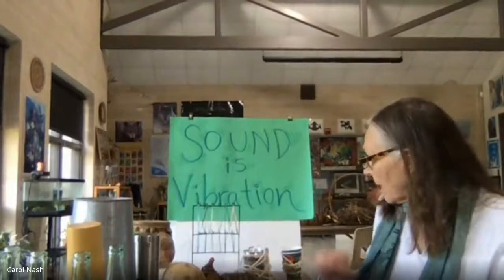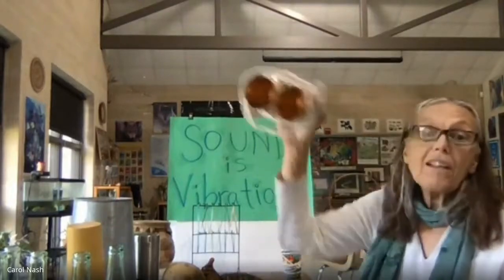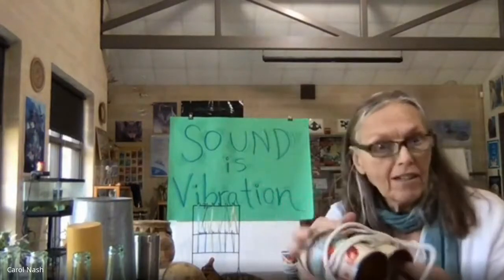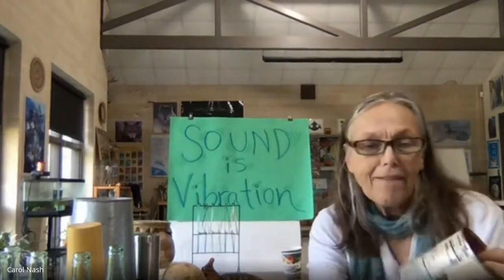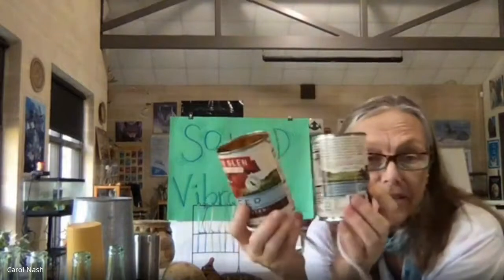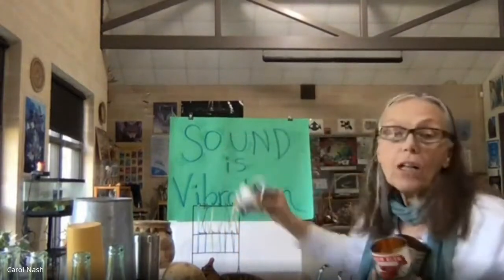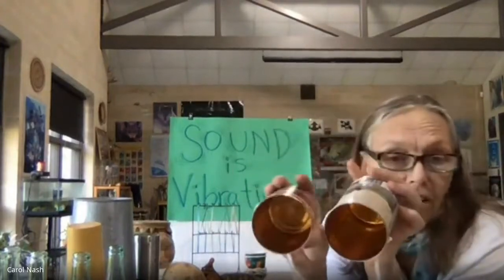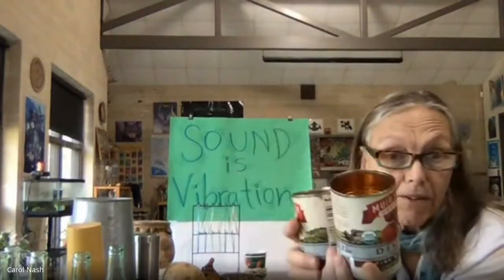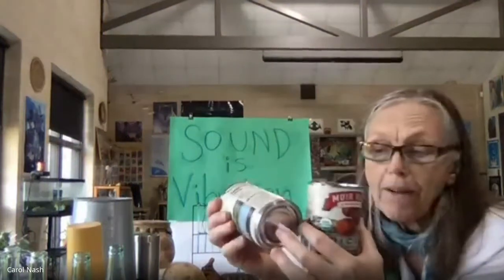Another fun thing to experiment with is making a telephone, a really nice socially distant toy. And tin cans work better than paper cups. I tried those because they're really easy, but they don't work very well. But the tin can, wash it out and make sure it's not sharp on the edges where you pick the lid off. And then you have to get a grown-up to help.